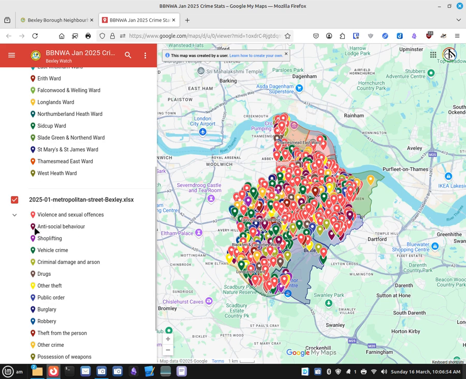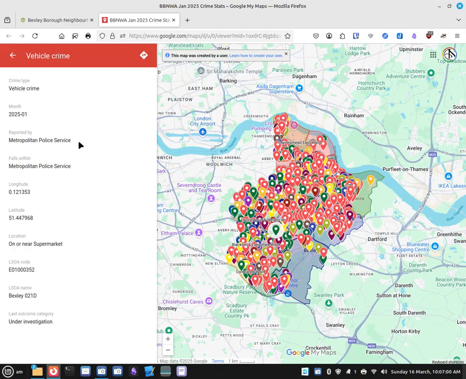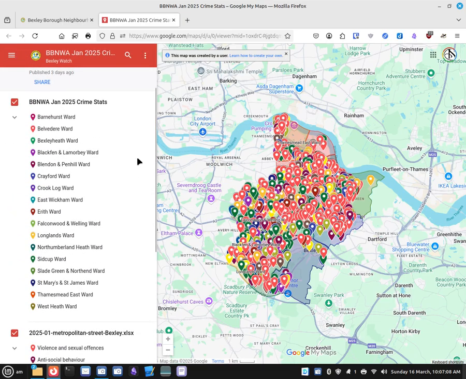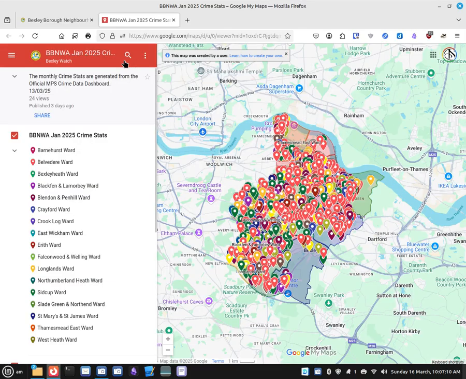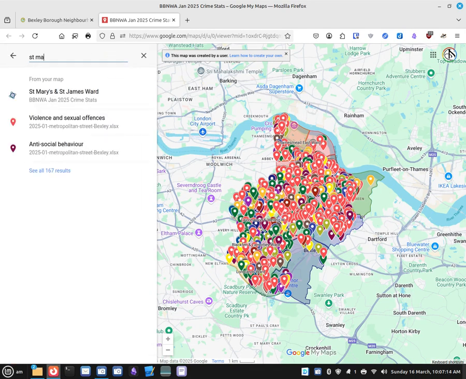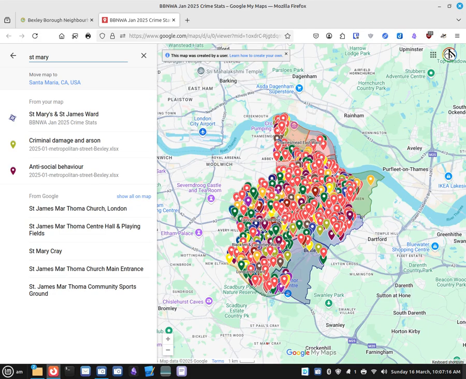The color coded pins are shown. Vehicle crime is green, so if you click on that one, it comes up as an example near the location and the type. But we want to find out how to go about looking for a particular one in your street. Say for example St. Mary's, you type that in, road,